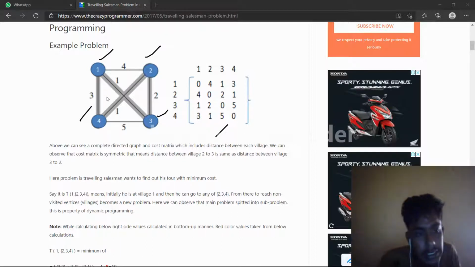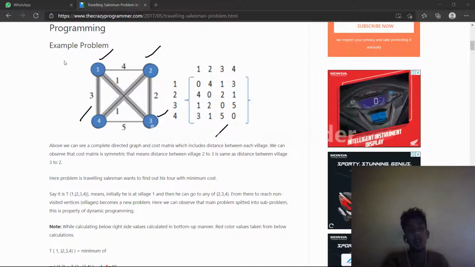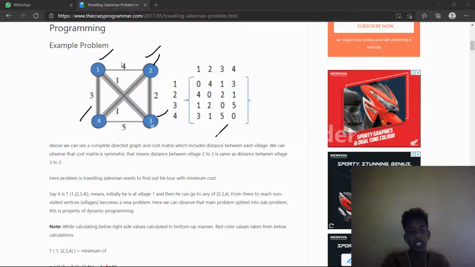These are the cities. If the traveling salesman is going to visit a number of cities, he will start from his hometown, that is the first number. 1 and 2 is another city, 3 is another city and 4 is another city, and next he needs to visit the hometown. In this, the condition is that a city should be visited only once, it should not come more than once. So that is the condition.